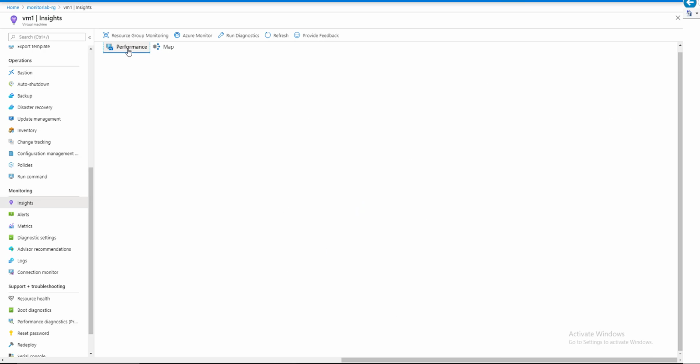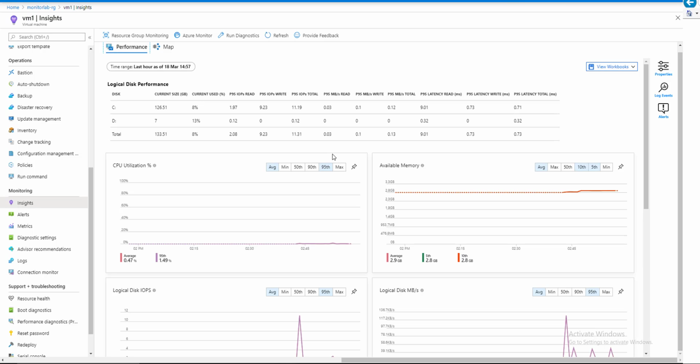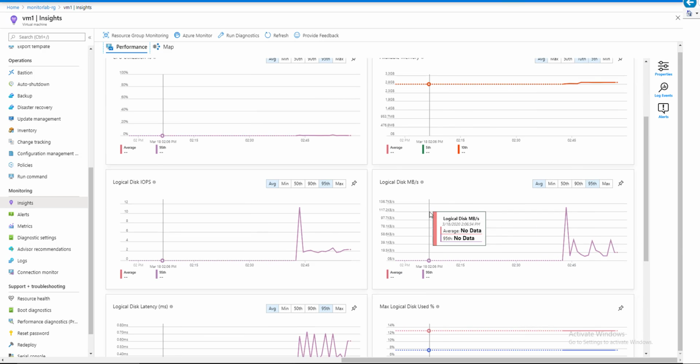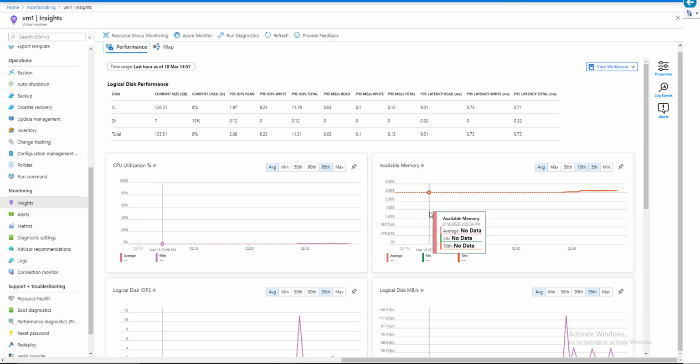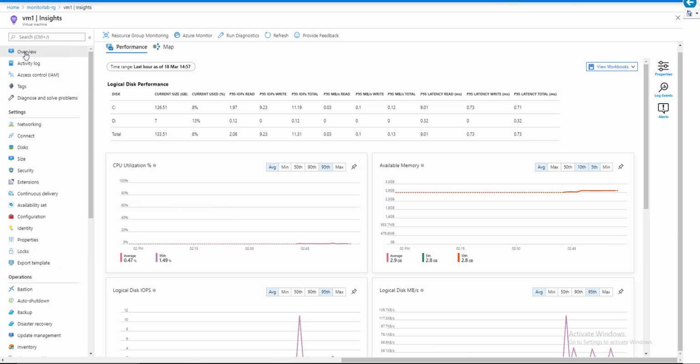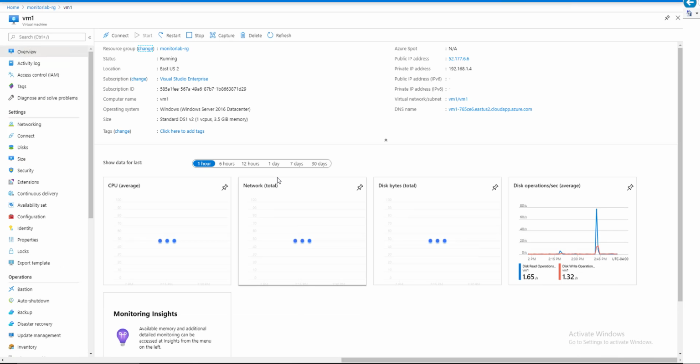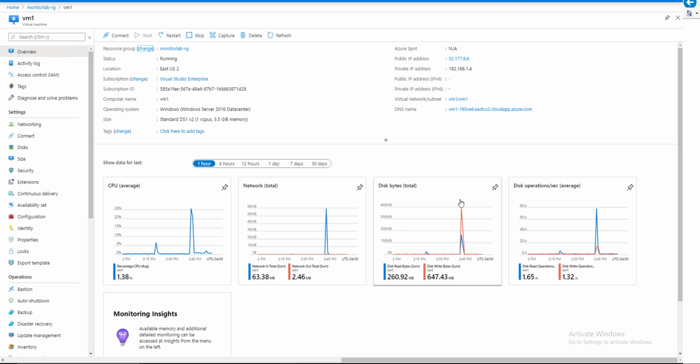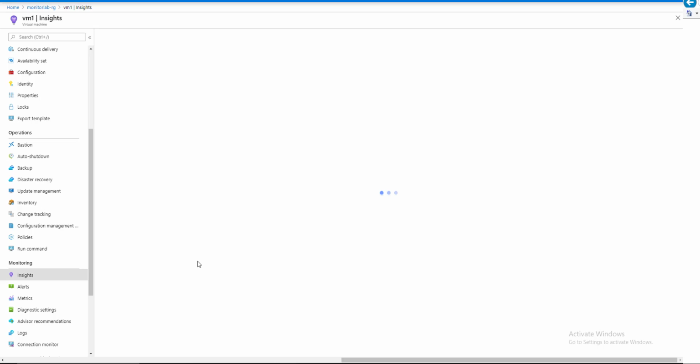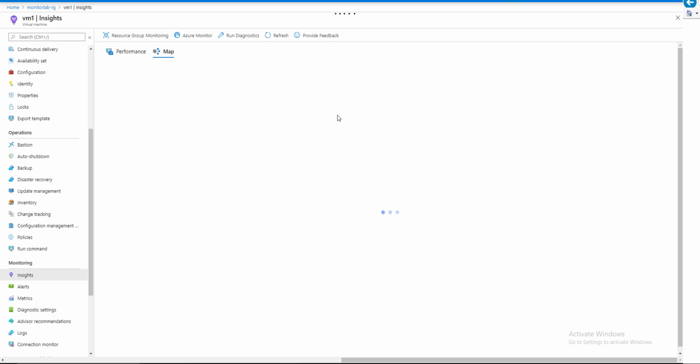I can also go to performance now. And notice I get a list of disk space up here, and some graphs of CPU, memory available. Some pretty cool real-time stuff. A little more extra than you get from this normal overview. So compare insights. This is what we consider advanced in our